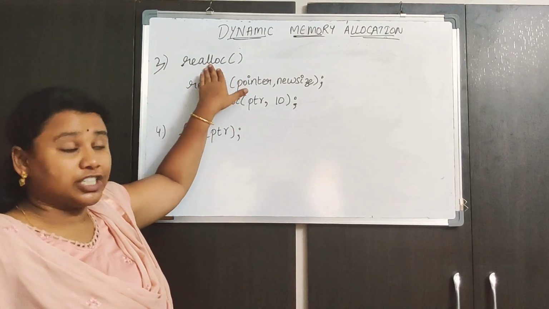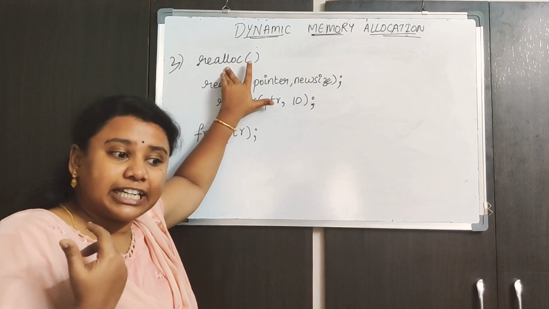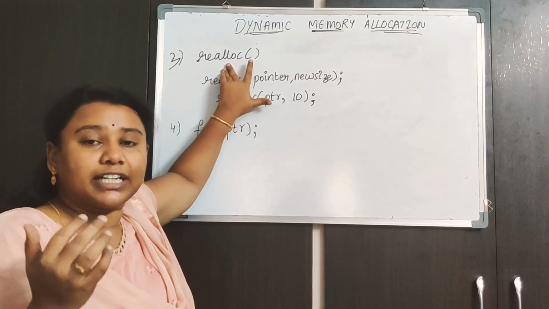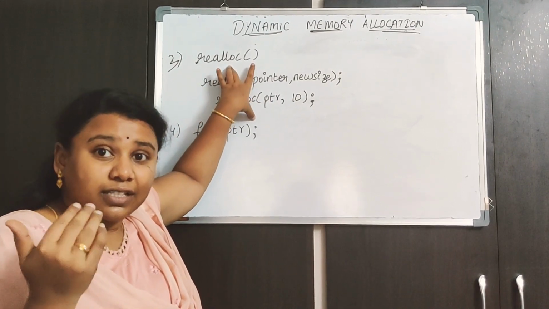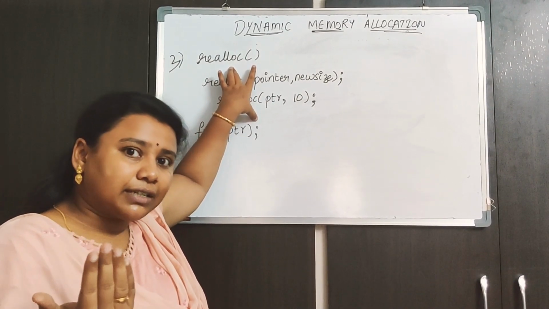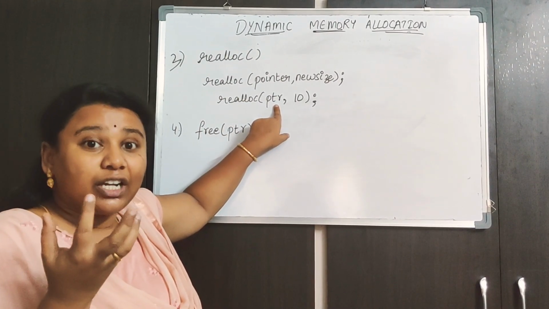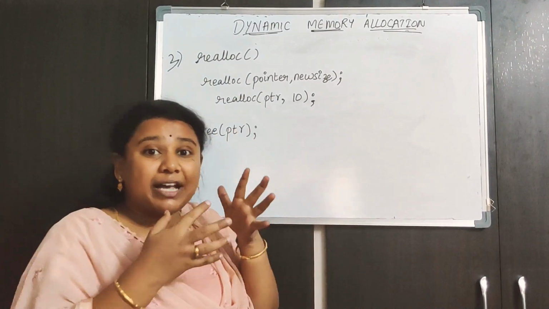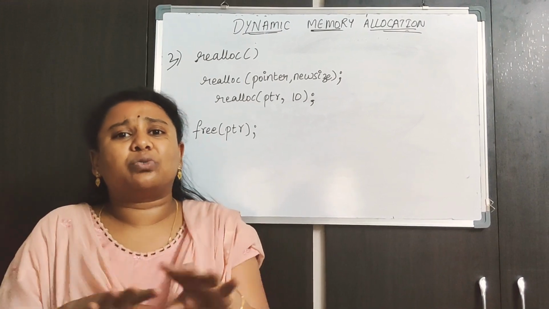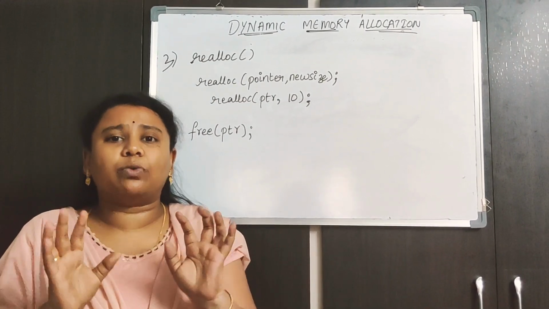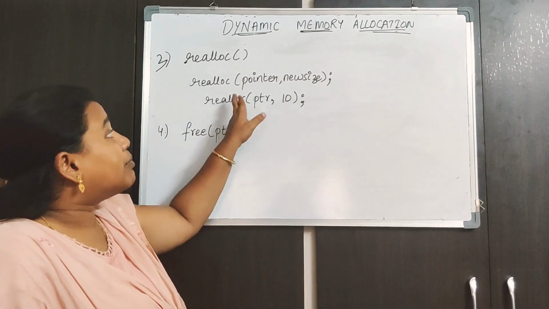Coming to the realloc function. What does a realloc function do? Previously in malloc and calloc, we declared how much memory space we want, and we achieved that. Now, if during the program's execution you would like to alter that memory, say PTR is holding the first byte of memory with the capacity to hold 400 bytes, and you understood that you only want 10 bytes of memory, you can simply use the realloc function and modify the size.